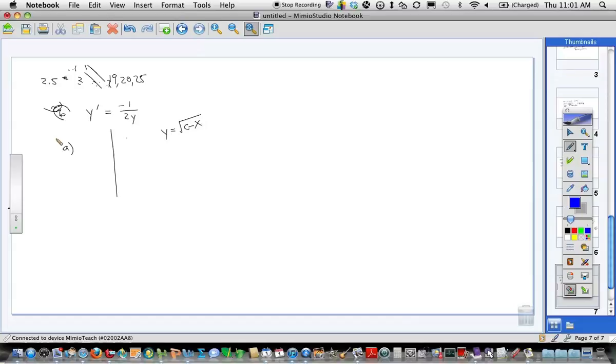So, on the right side, I can go ahead and plug in my y. Square root of c minus x. What am I going to put on the left side? Y prime, which means I got to take the y they gave me and do the derivative. Well, to do the derivative, it'd sure be a lot easier if we'd write that to the 1/2 power, right? So y prime would be